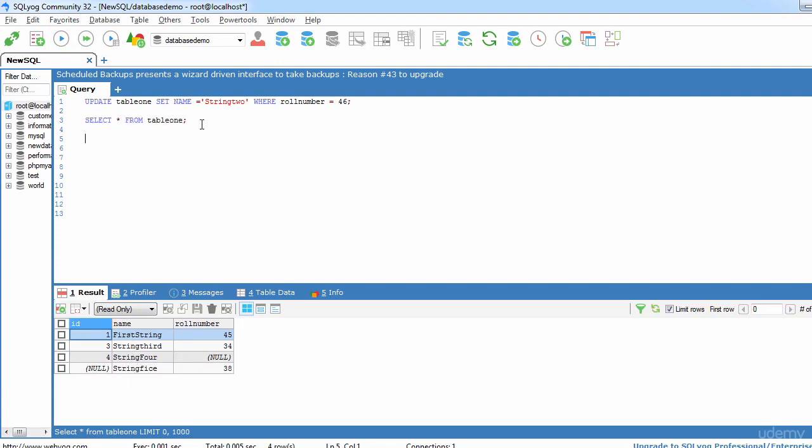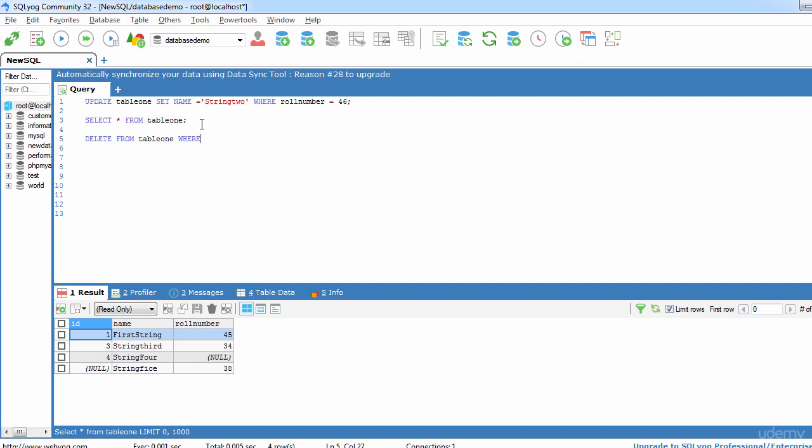Now the query that we are going to write here is to delete one record. So here we will write delete from table name, that is table 1, where. Always remember that whenever we are deleting data from table, we should always try to use some conditional statement, and the where clause provides that facility. So the where clause is going to facilitate us to provide the condition over which we are going to delete the data.